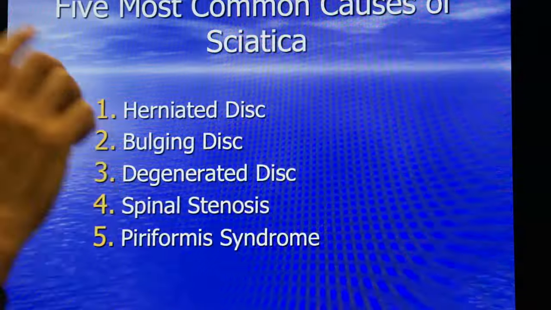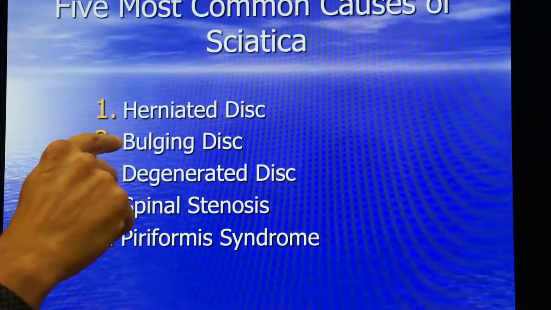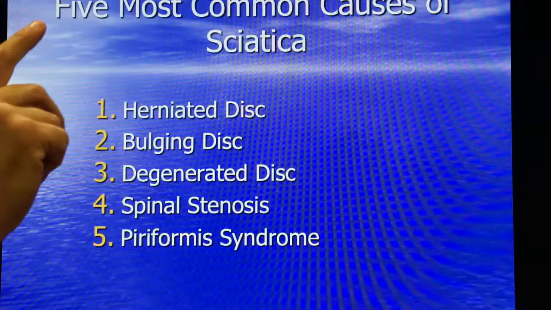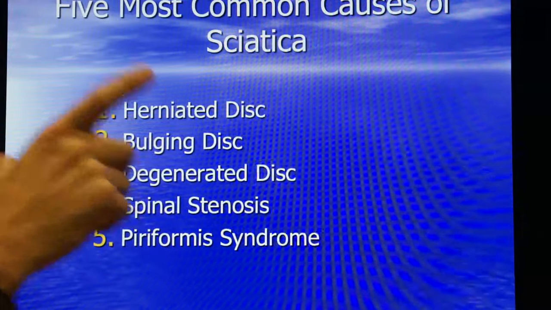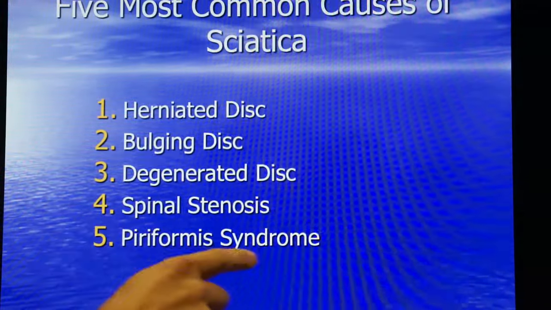And the 5 most common reasons are the result of a compromise to the space where the nerve comes out. So what does that mean? It means that there are things that will cause a pinching of the nerve because that opening physically gets smaller. And those 5 things are herniated disc, creating a smaller opening, bulging disc, same thing, degenerated disc, vertebrae physically getting closer, and stenosis, the opening physically getting smaller, and the last one, Piriformis Syndrome. Actually, Piriformis Syndrome is probably the easiest one to treat because that's a muscle imbalance, but we'll show you quickly